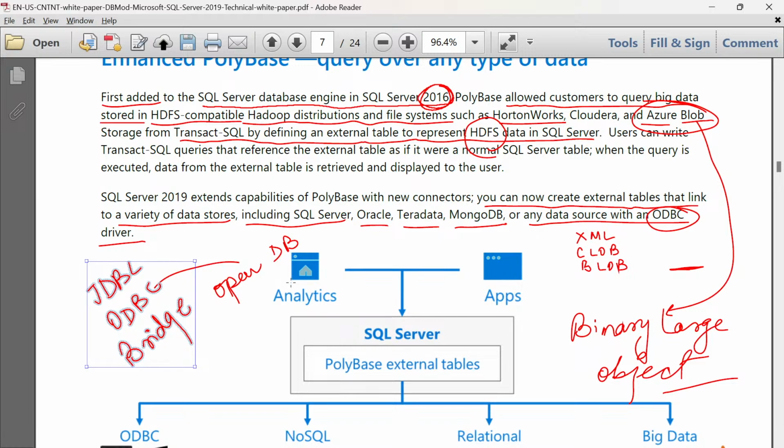Open database means a database system where the connectivity can be done using different types of compatible connectors provided by the vendors. All right, fine.